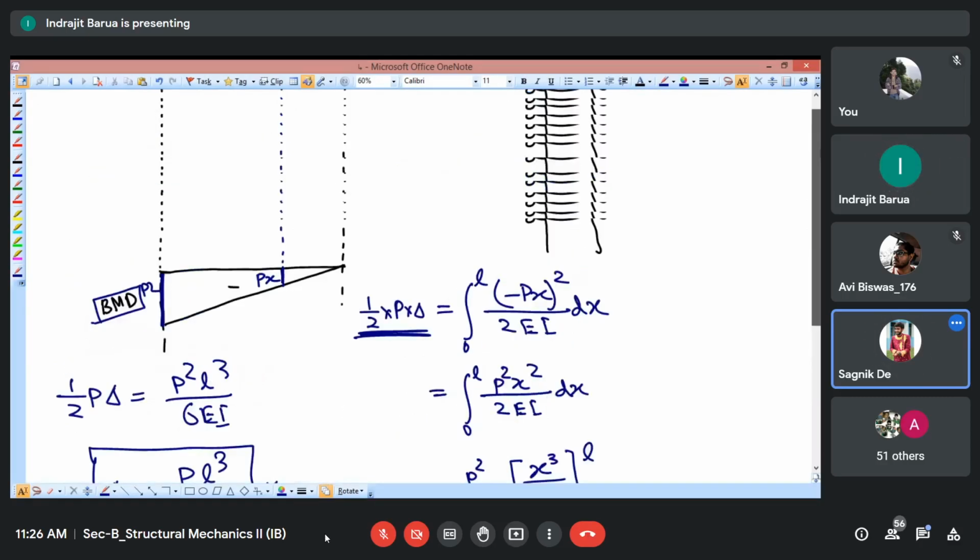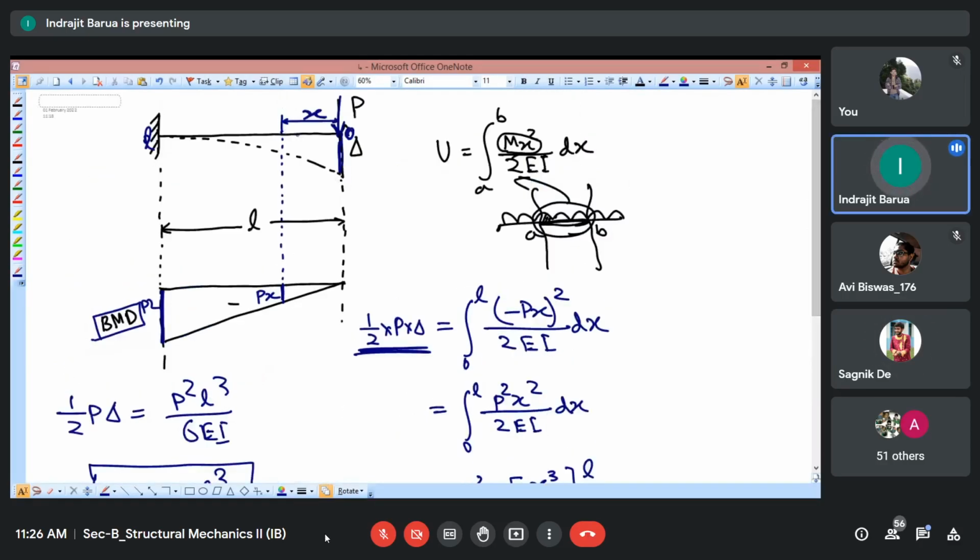Maximum deflection. If you need it somewhere else, you will have to find it again. This only shows the maximum deflection, and within the strain energy method, you can use the moment area method that you have learned, within that moment area you can calculate for others. There are many methods to do that.